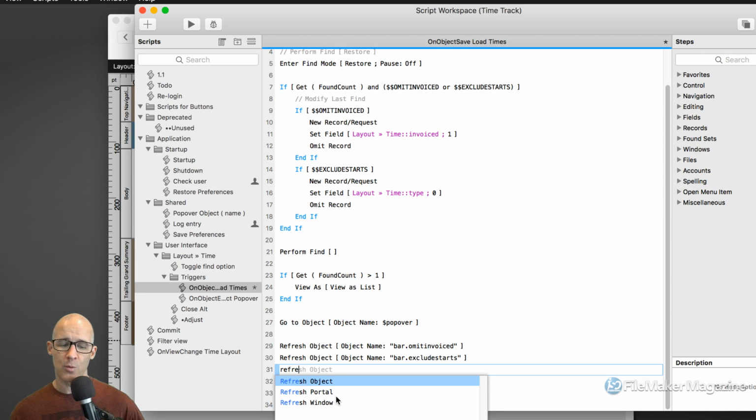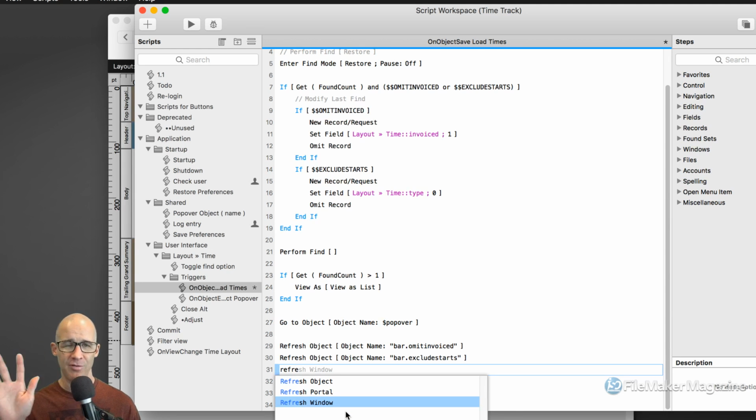Refresh object, refresh portal, and refresh window. Now, refresh window is a step that has been in FileMaker for a long time. What refresh window does is attempt to walk across everything that's on the layout. All objects that are on the layout get some type of attention paid to them, but this comes at a